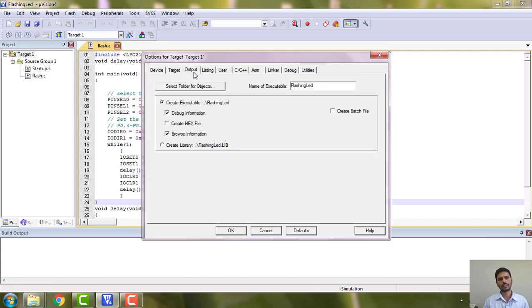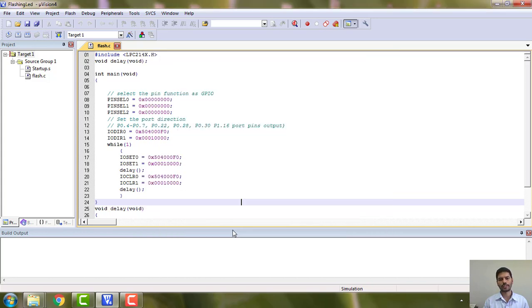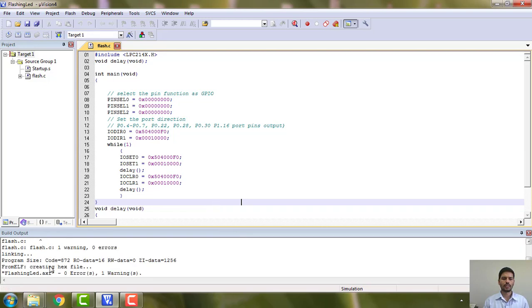Go to the output tab and create hex file. Go to the linker tab and check this one, use memory layout from the target dialog. These two you must do. Say OK. Once you do this, you build the project.